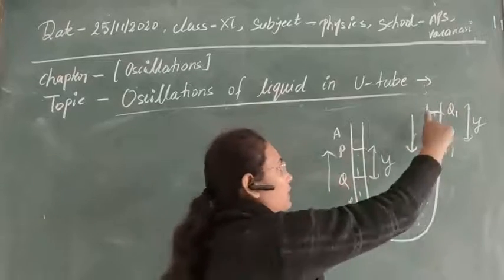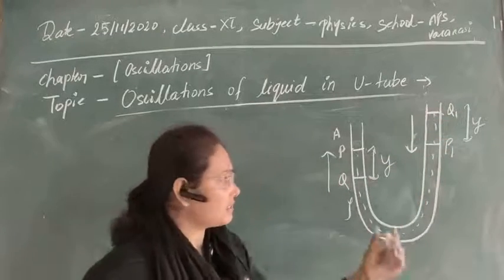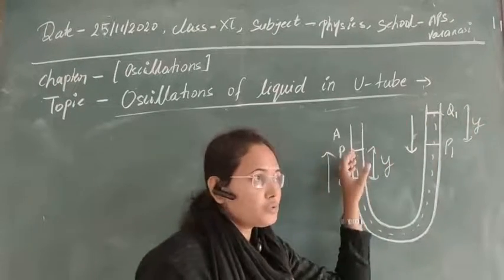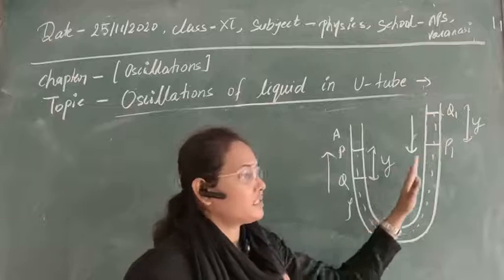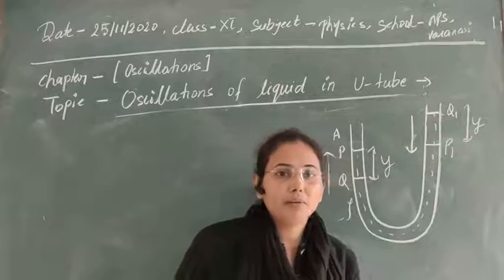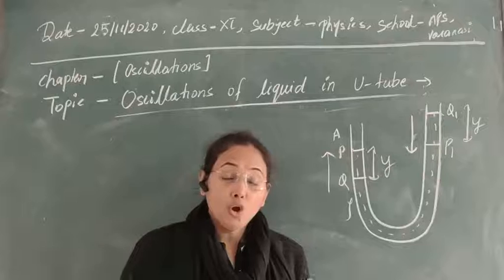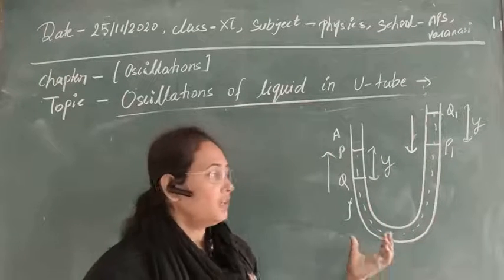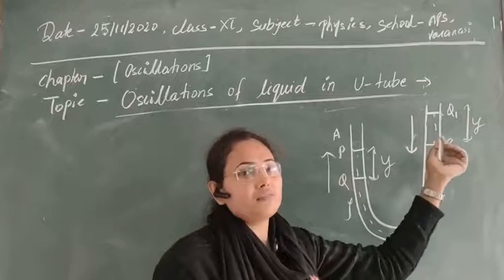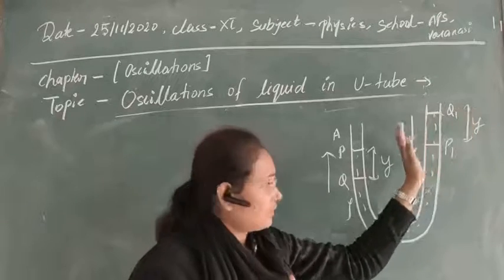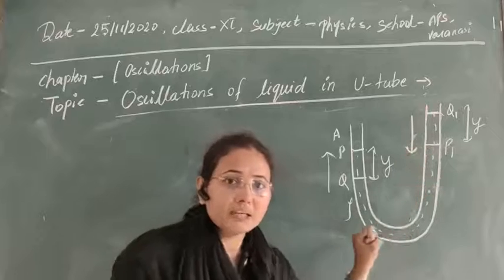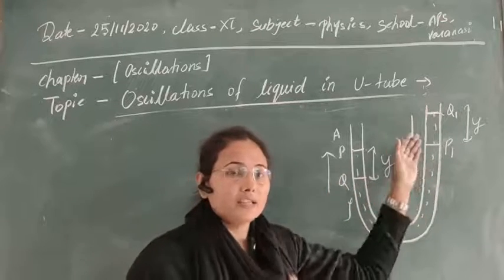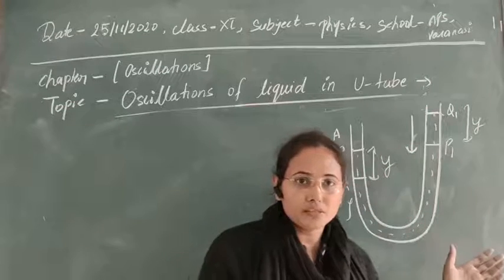So what is the total displacement that has occurred in the system? That is equal to y plus y, total 2y, and due to this 2y displacement, obviously the system will try to maintain its equilibrium condition, its mean condition, or its initial condition due to its inertial and elastic behavior. And to maintain its condition, what will the system do? It will try to bring it back to its original condition by application of some force, and this force is known as the restoring force in the system.